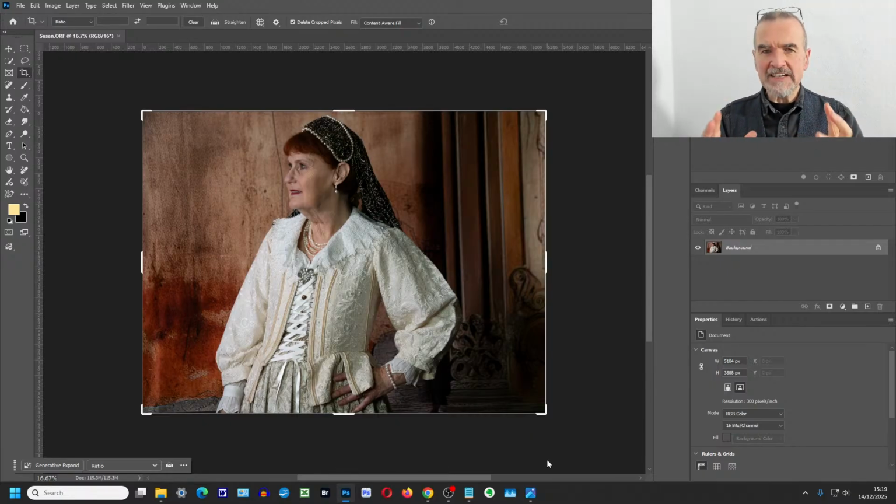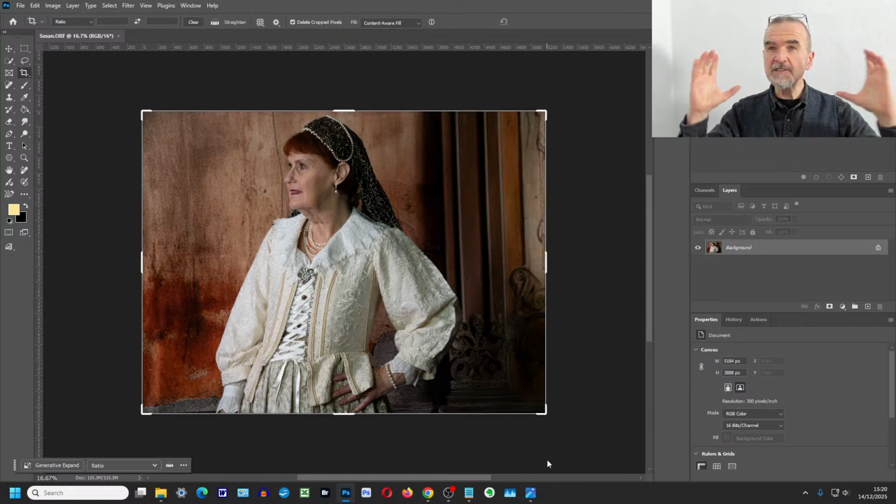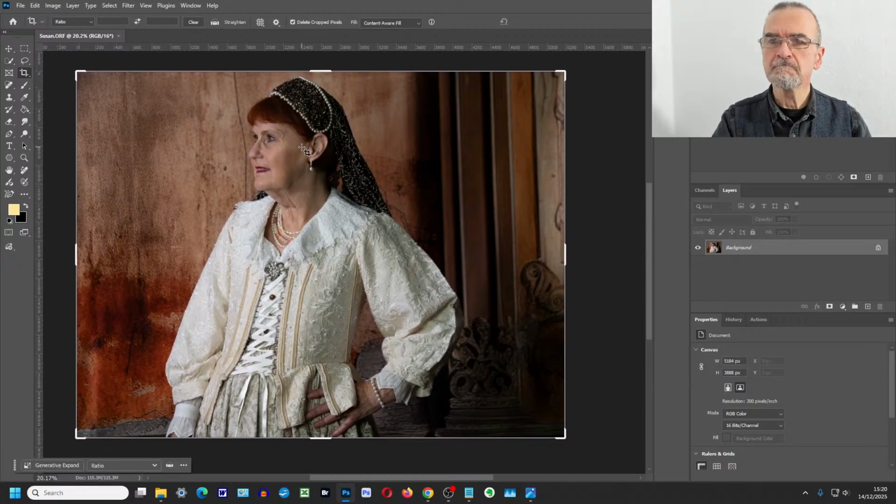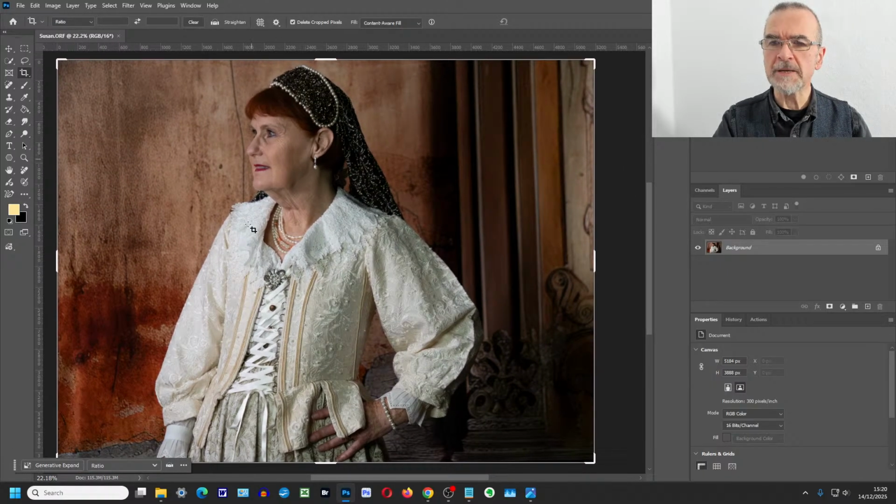The problem here is, I wouldn't have started at this point. The first thing would have been better maybe if you just got a little bit wider. Her head is very close to the top. There's not a lot of gap up here to really play with. Let's just pull that in a bit so we can see.